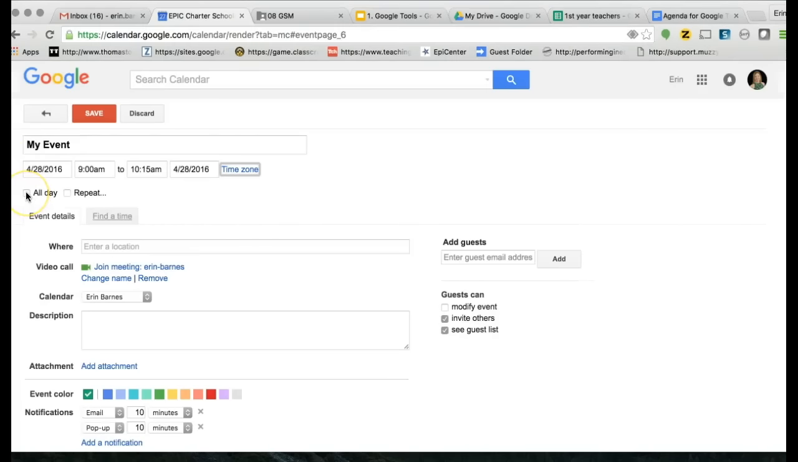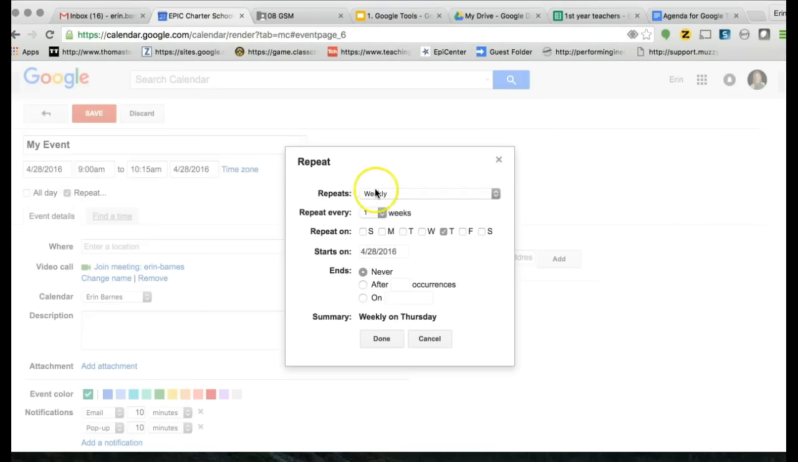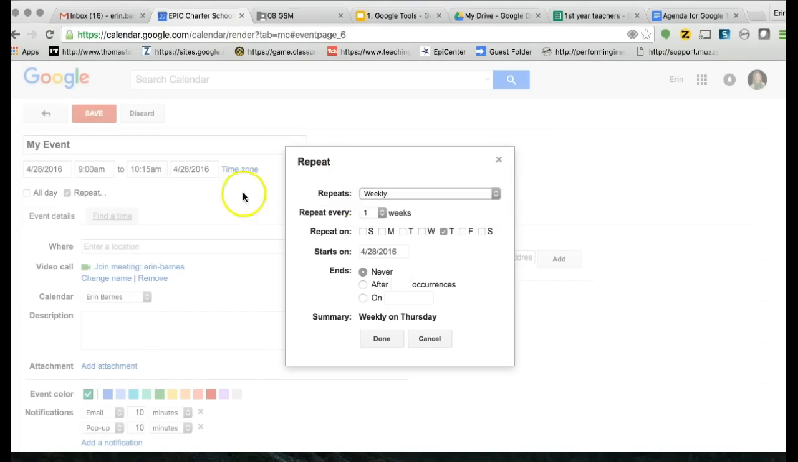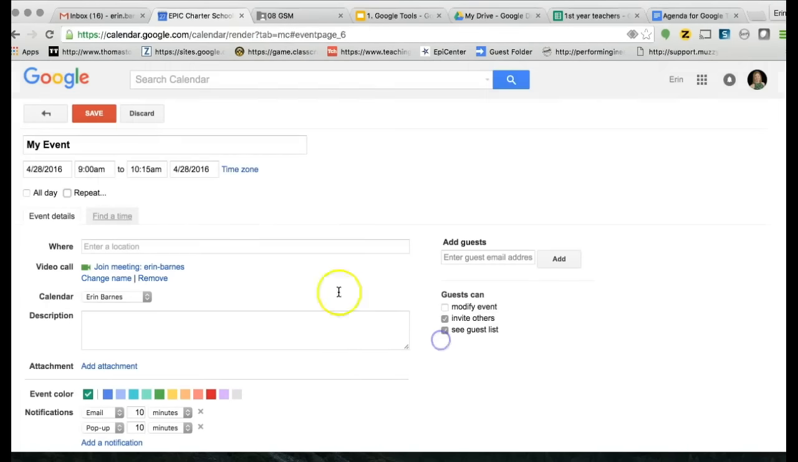You can decide whether this is going to be an event that's going to last all day, by which this information will go away, or if this is going to be something that repeats. And if we want it to repeat, we can have it repeat weekly, monthly, yearly, every day if we want to. This is not going to be a repeating